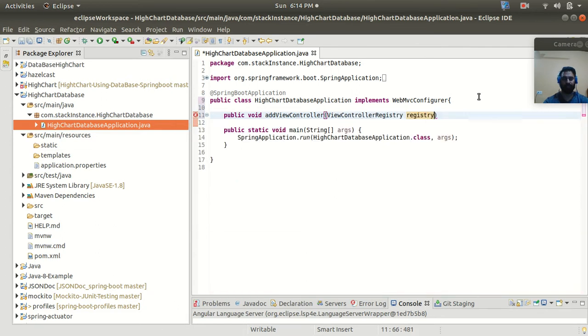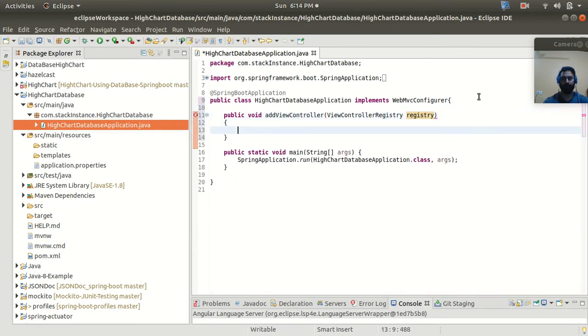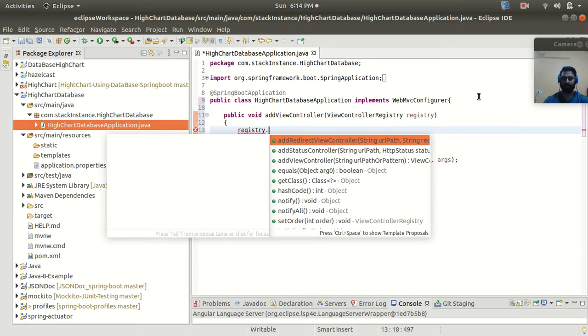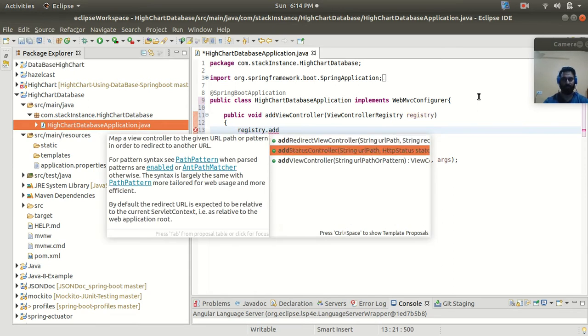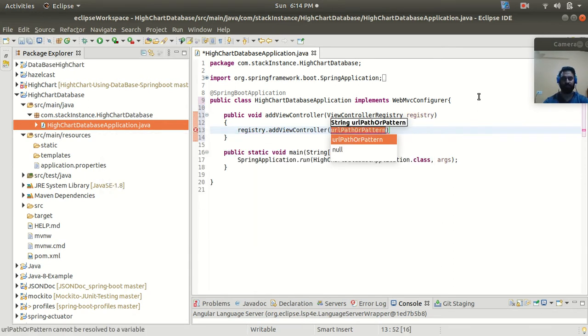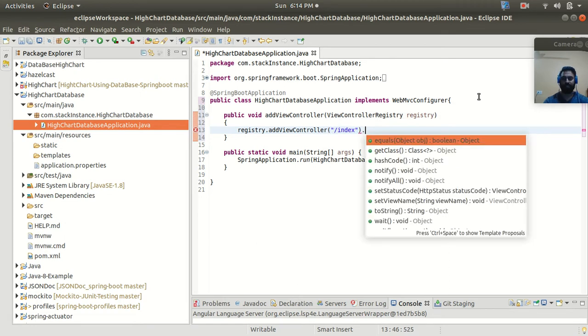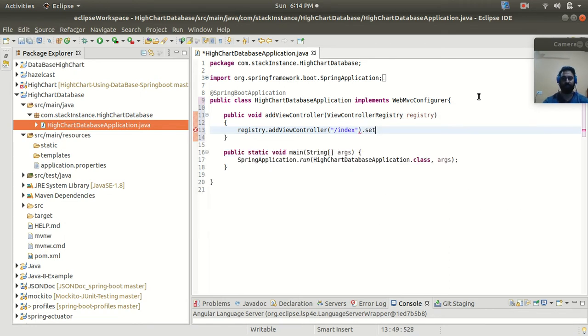Let's take one reference variable. Inside this method, I'm going to register by calling registry.addViewController. It is going to take the URL. Let's say if anybody passes the slash index URL, then it is going to set the view name as index.